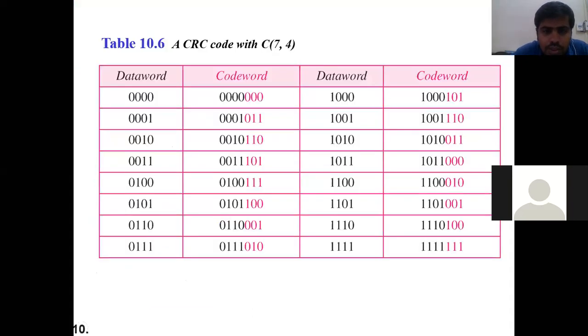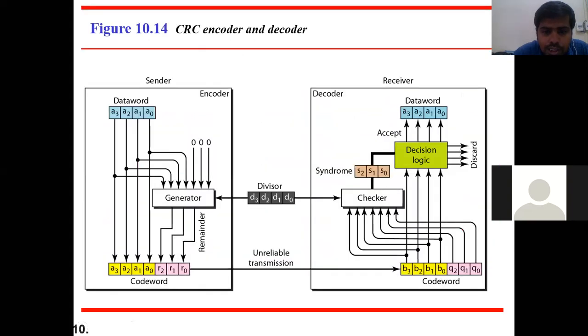So instead of doing all this, we'll quickly see some examples. For example, if you have a 4-bit data word, then we will add 3 bits of zeros. How we get these 3 bits of zero, we'll see later. So if the data word is 0001 and we add some extra bits, it will become a code word. You cannot send the data directly; you need to add some redundant bits. Those redundant bits are generated with the help of the cyclic redundancy check method. We'll see in this diagram how it works, and then go to the example which is usually asked in the question paper.